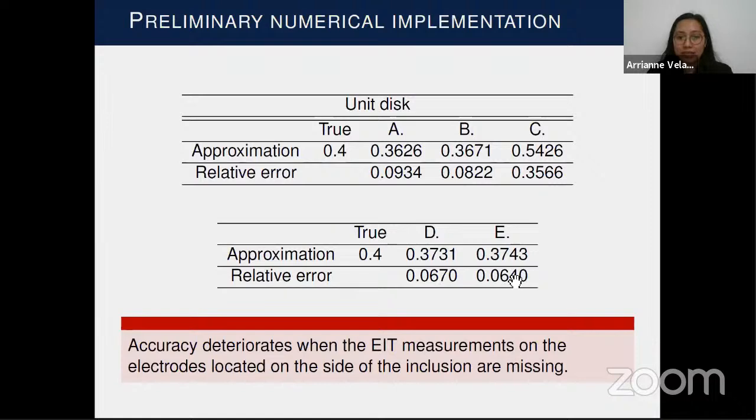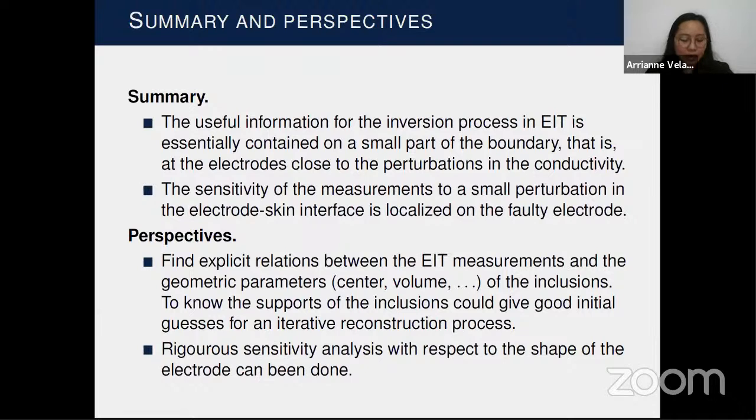And for setups D and E, if we perturb the electrodes on the side that contains the most significant information, then we get a higher relative error as compared to if we perturb the ones with no or little information. And we conclude that accuracy deteriorates when the EIT measurements on the electrodes located on the side of the inclusion are missing. So to summarize,